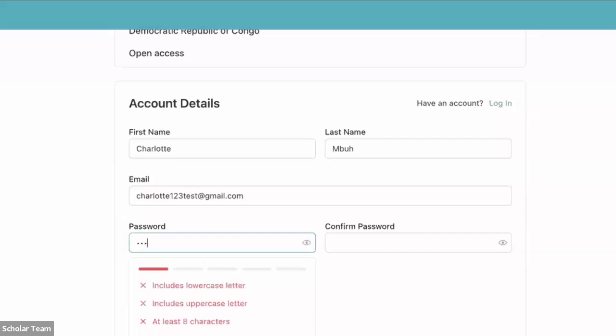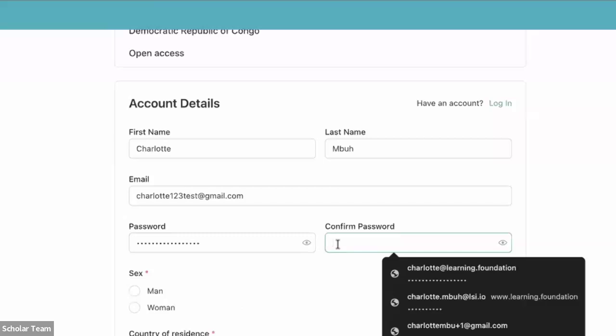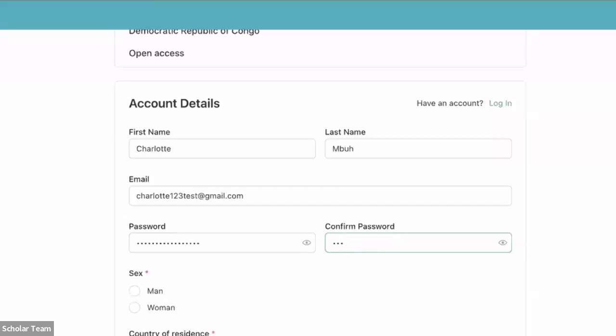There is a number. So now I need to look at the next thing. So I have met all the requirements of the password. I'm going to retype the same password here again.